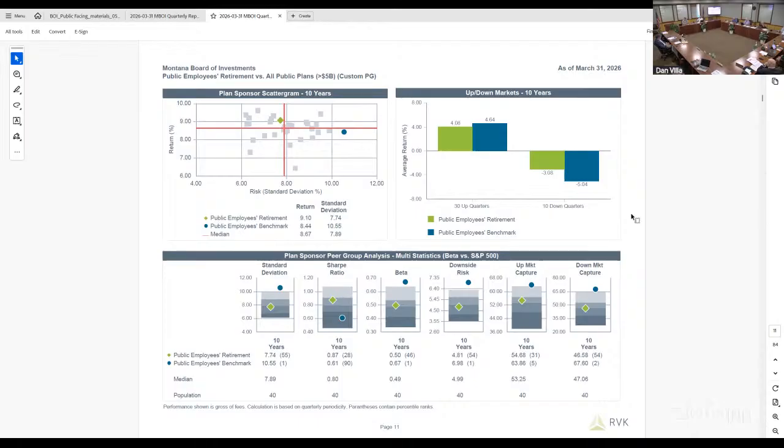The up-down market experience that Jim referred to is on the right-hand side. And in the up markets, we participate. We may leave a little money on the table there because, as on the right-hand side, we're actually protected on the downside to the extent of about 2%. We've had about a 2% better downside market experience than the benchmark, which is very substantial. And when we look at a pension plan and the obligation to pay benefits over a long period of time, we like having that downside protection because typically that really protects the plan over the long term.